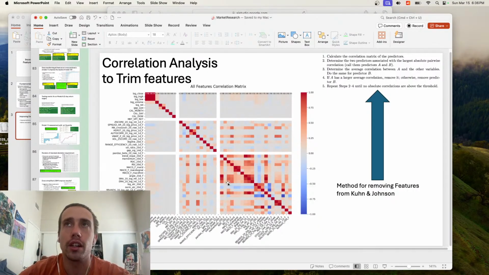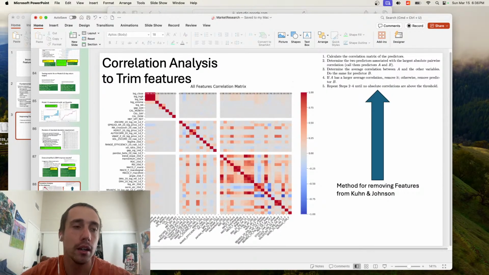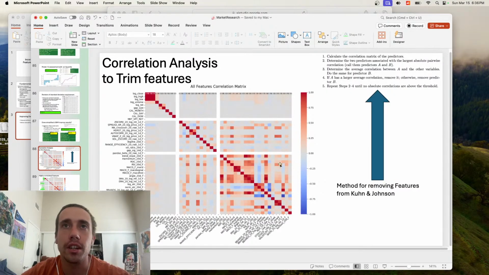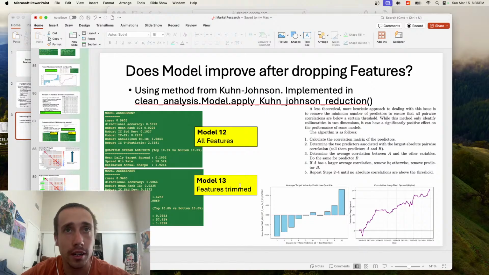And so I looked at this. I tried some different strategies. So the first one is this strategy here. Basically, you're getting pairs of highly correlated features above a threshold. I was using 75% for the correlation threshold. So I'm getting features that are above 75% correlated, pairs of them. And then I'm removing the feature that has the higher average correlation to the rest of the data set. And this is a standard practice in statistics, machine learning, and data science.